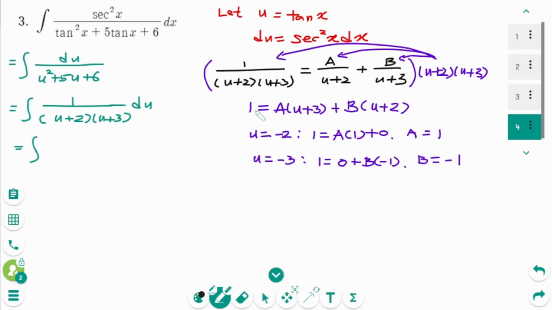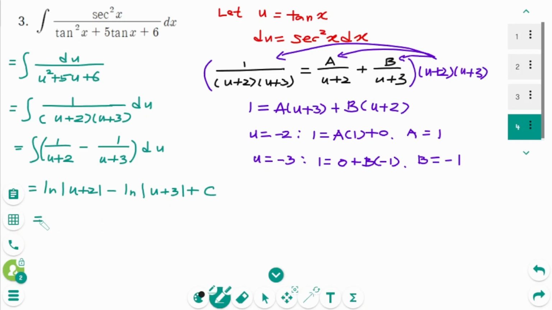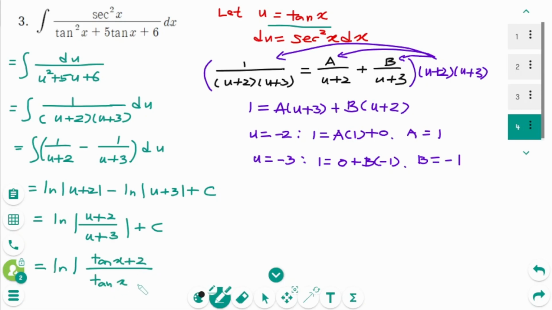Back to the original, the integral of a over u plus 2, a is 1, 1 over u plus 2, plus b over u plus 3, then b is minus 1, then minus 1 over u plus 3 du equals ln absolute value of u plus 2 minus ln absolute value of u plus 3 plus c. Then use the logarithmic property, ln of u plus 2 over u plus 3 plus c. Then the final answer is, u was tangent x, ln of tangent x plus 2 over tangent x plus 3